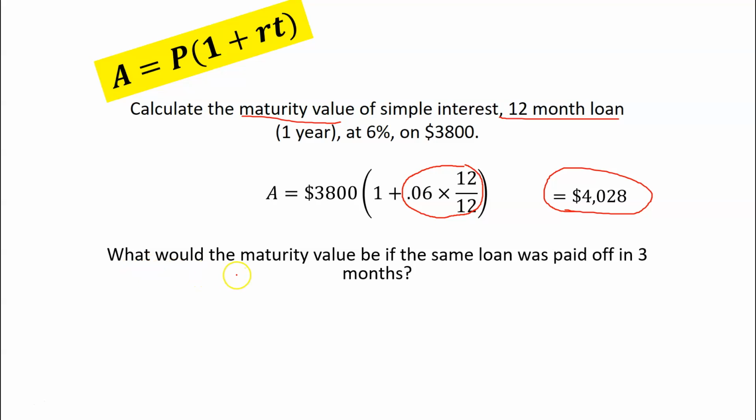Okay, what would the maturity value be if the same loan was paid off in 3 months? So this was the maturity value after an entire year. But again, that's not always realistic. Maybe they paid it off early, paid it off in just 3 months. Well, then you just tweak the time unit, the fractional time. That's all that changes. And so it becomes then just